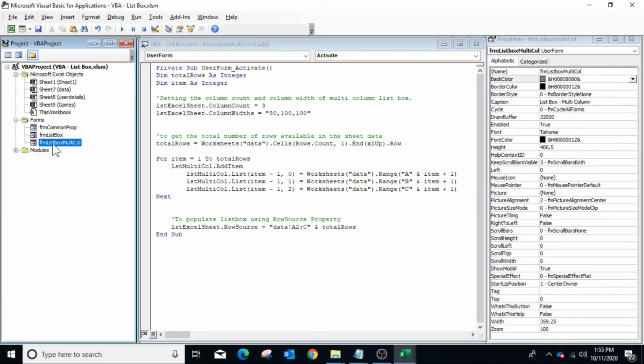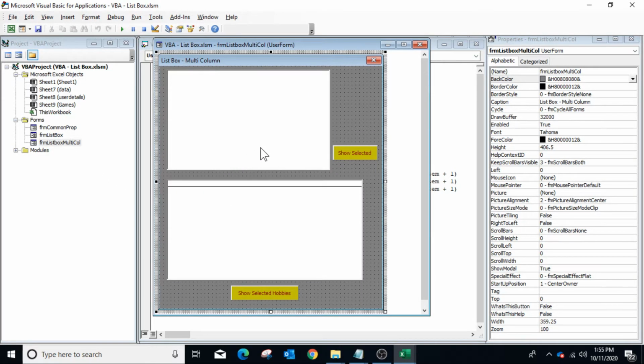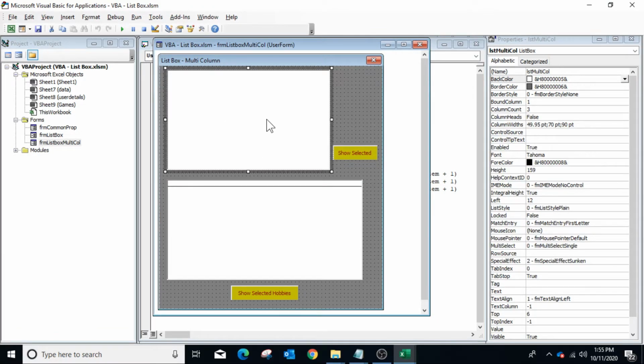Again, the headers do not work in combination with add item. In the first list box, we have added the items using the add item method.